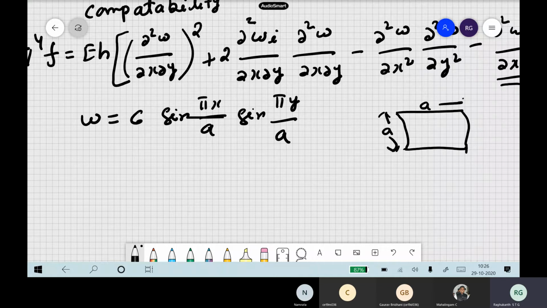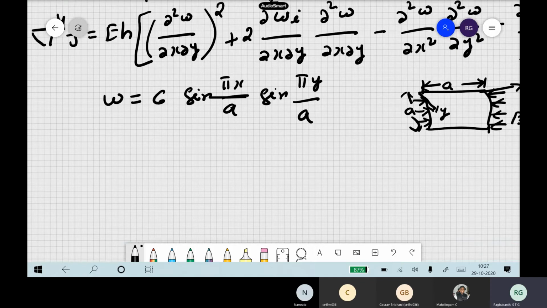Okay, this is also, just for simplicity, a small portion, a small piece we have taken, and let us say it is subjected to this type of compression. So the small cylindrical shell, and y is our circumferential coordinate, x is along this direction, and z is downward towards the radius. Okay, so now let us say this is some px into h, and let us say it is simply supported.